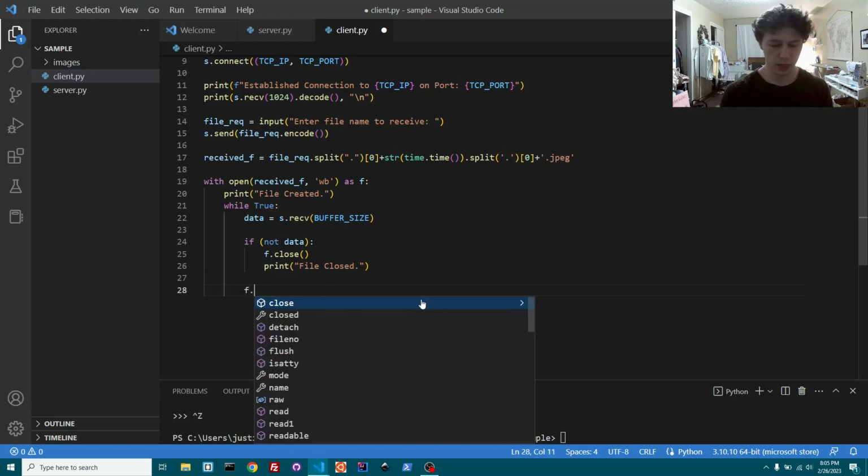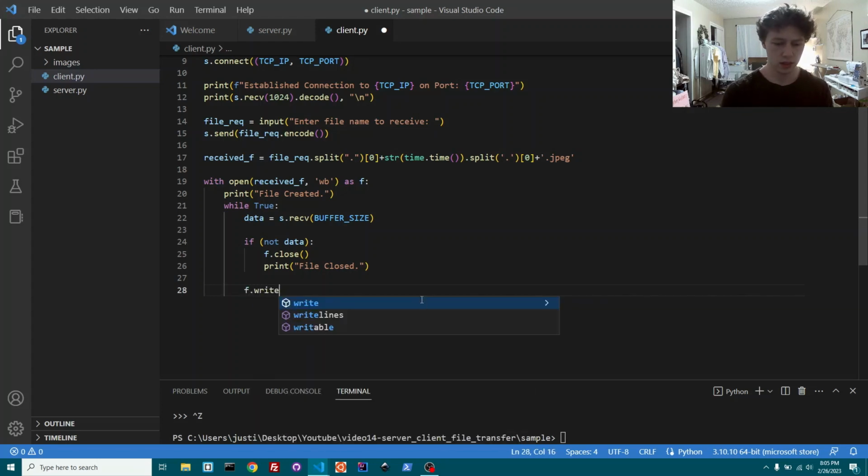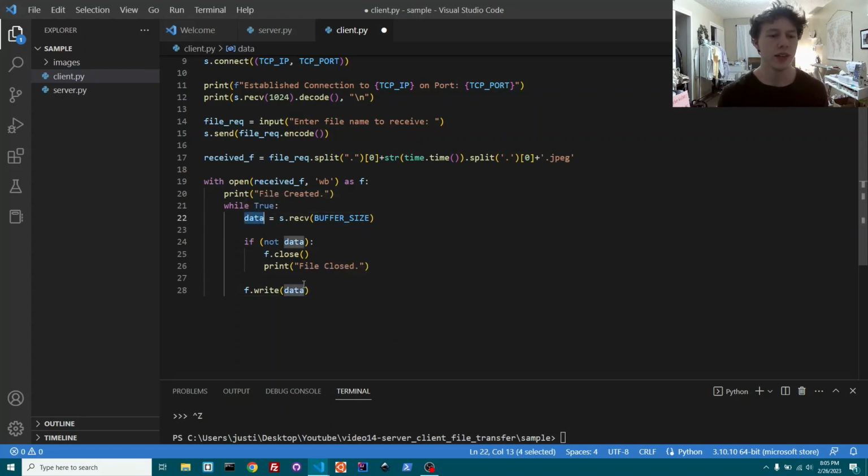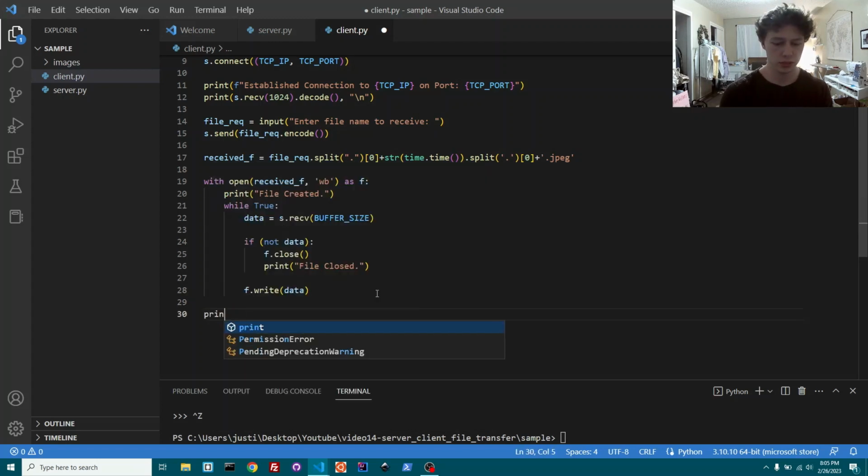Okay. f.write(data). So essentially we are opening our file, we're pulling in the data, and then we're writing the data to the file 1024 bytes at a time, and we keep doing that until there's no more data. Then we close the file, and then if we come down here, we can print